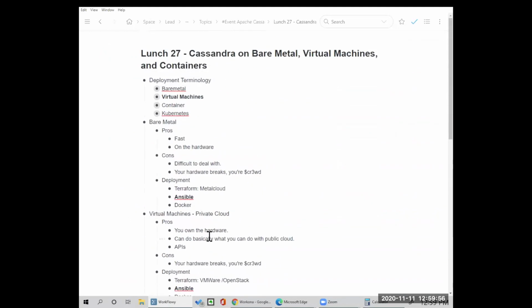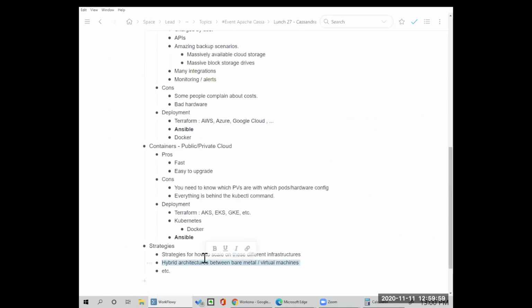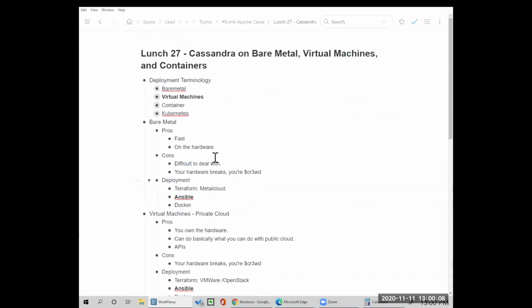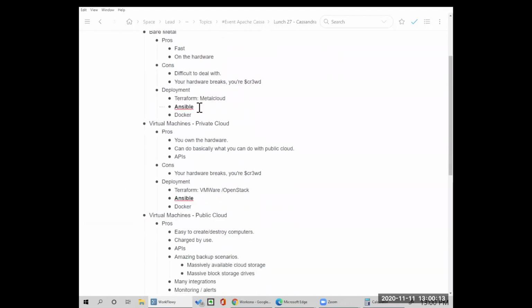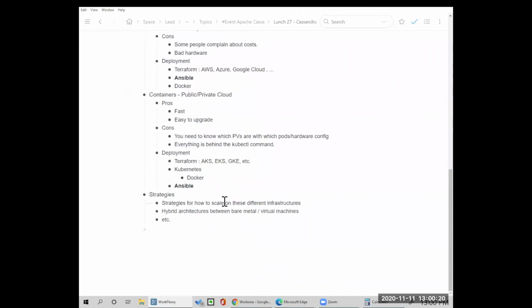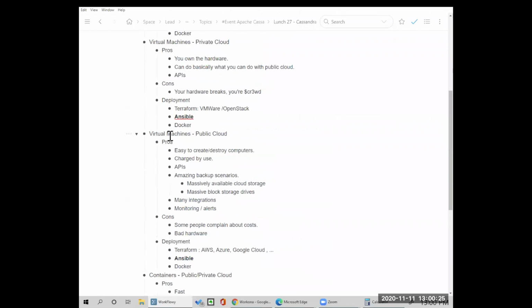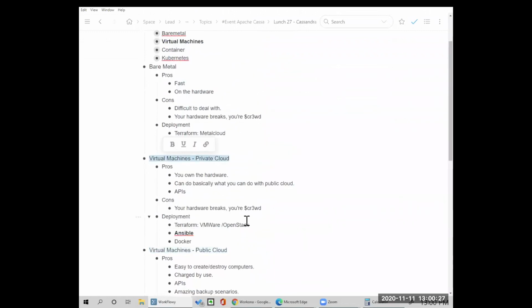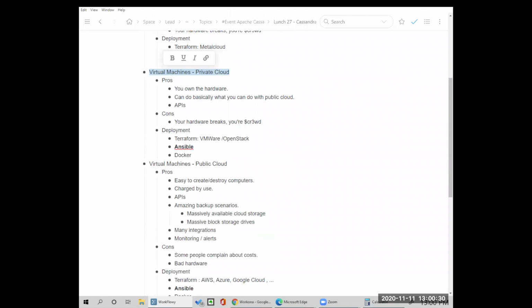We can continue this conversation about hybrid architectures and what that looks like, and why you would need it, or multi-cloud architectures and what that would look like. But hopefully this gives you an understanding that it's not that much different. If you're using the right tools, it's about the same. It's just a matter of thinking ahead and saying, let's think about what our job is going to look like if we're here versus here. That's all.